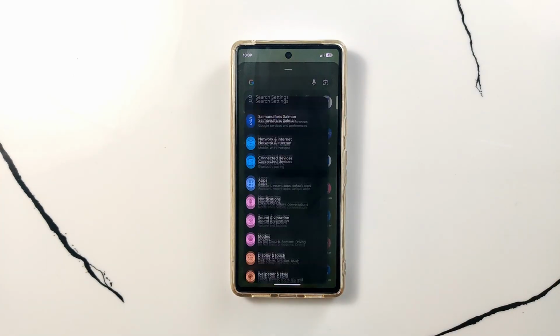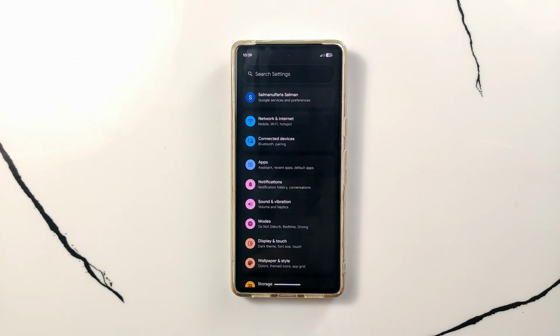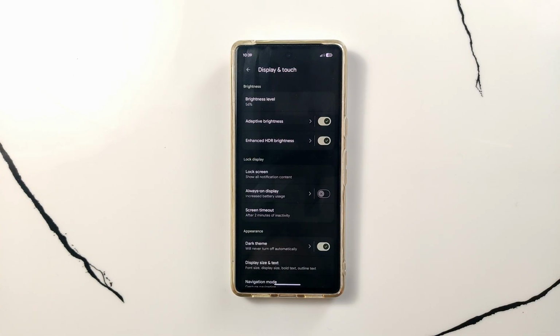Okay. So, from the menu, open the application, then open Display and Touch. Then you can see the first option, Brightness level. Now it is at 50 something percent, and you can simply adjust that slider to decrease or increase the